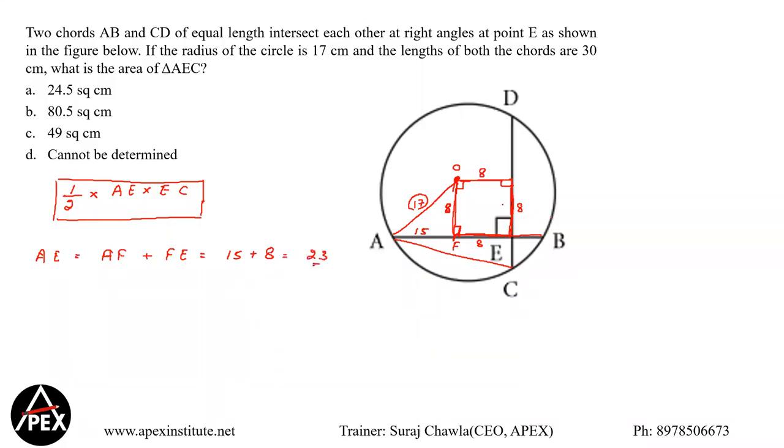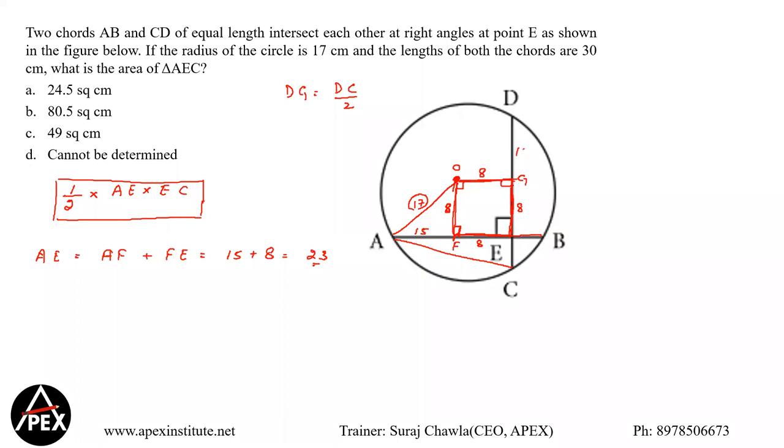Okay. Now this is 8. I know from O, let's say I'm naming this as G. So OG is a perpendicular drop from the center of the circle, which again bisects the chord. So can I say DG will be DC divided by 2? Because this will be the center of the circle bisecting the chord.